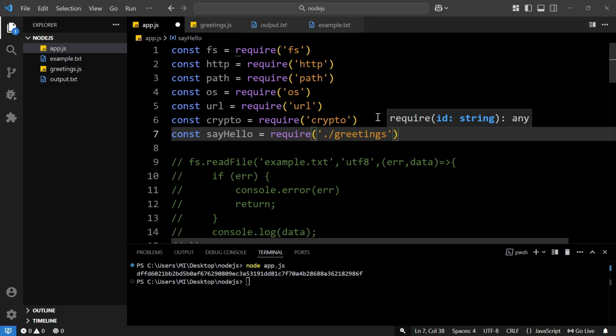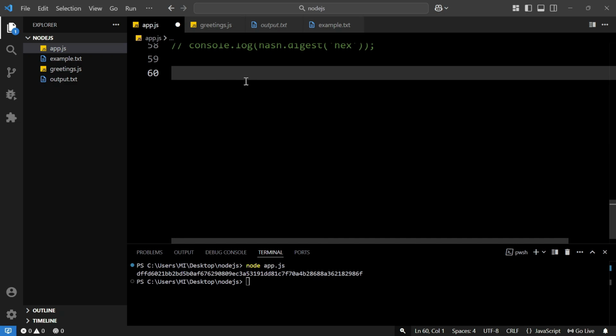So select this one. So we have this sayHello module from this greetings file. Now to use this module, simply create a variable const message equal to, we will call this sayHello module, and in this one we will add the message, that is